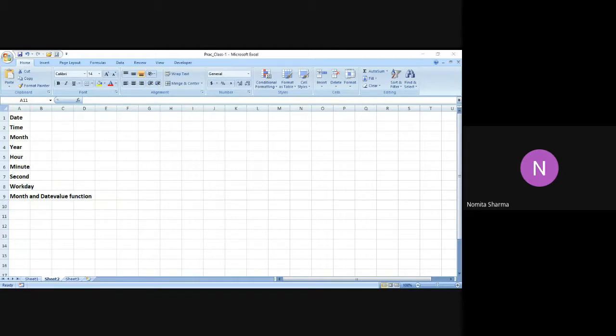If I recall the meaning of these functions, the time function will give you the time with the individual hour, minute, and second components. In a similar manner, the date function or month function will give you the arguments in the form of a date. For example, if I give a serial number in a month or date function, it is going to return the date that is represented by that serial number.